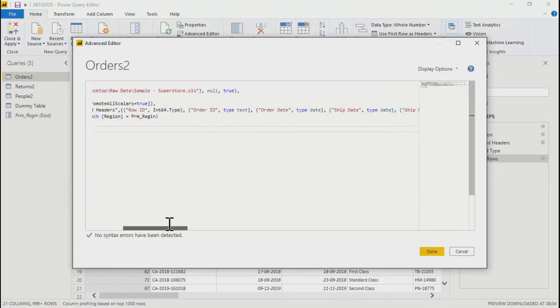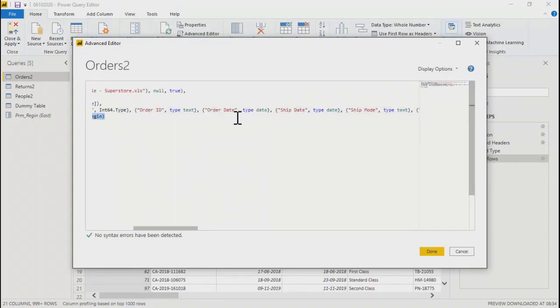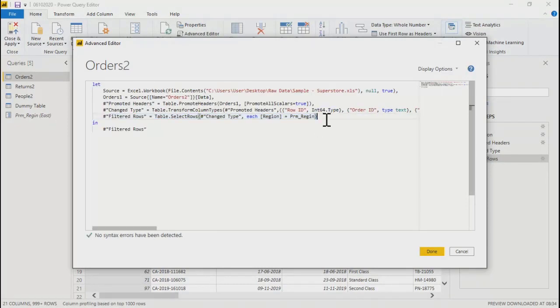So if you scroll, starting from this row ID, order ID, date, ship date, all these fields with their actual data type, whether it is text, right now I can see all the text. Over here it is integer, then again text. This is again integer type 64. So all the fields with their actual data type will be shown here.